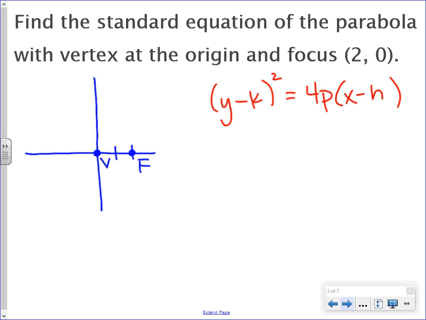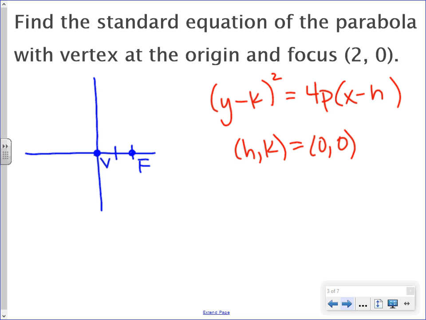All right, now we know the vertex is 0, 0. Okay, so we know HK is 0, 0. That's nice that we don't have to figure that out. Okay, we also know that the focus is 2 away from the vertex, right? We can visually see that. Now, since it's opening to the right,